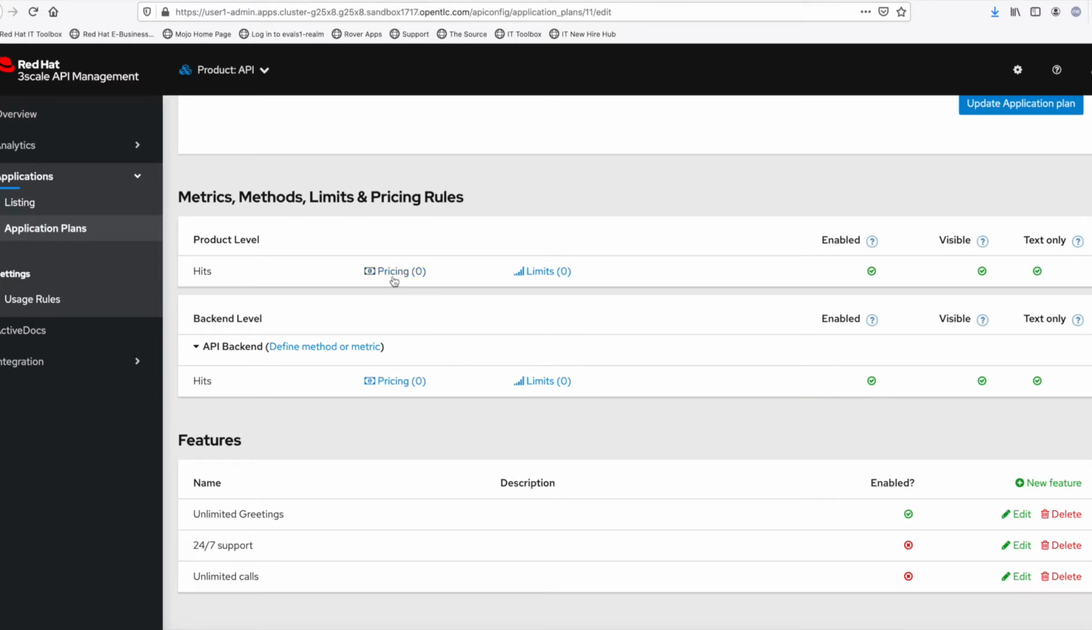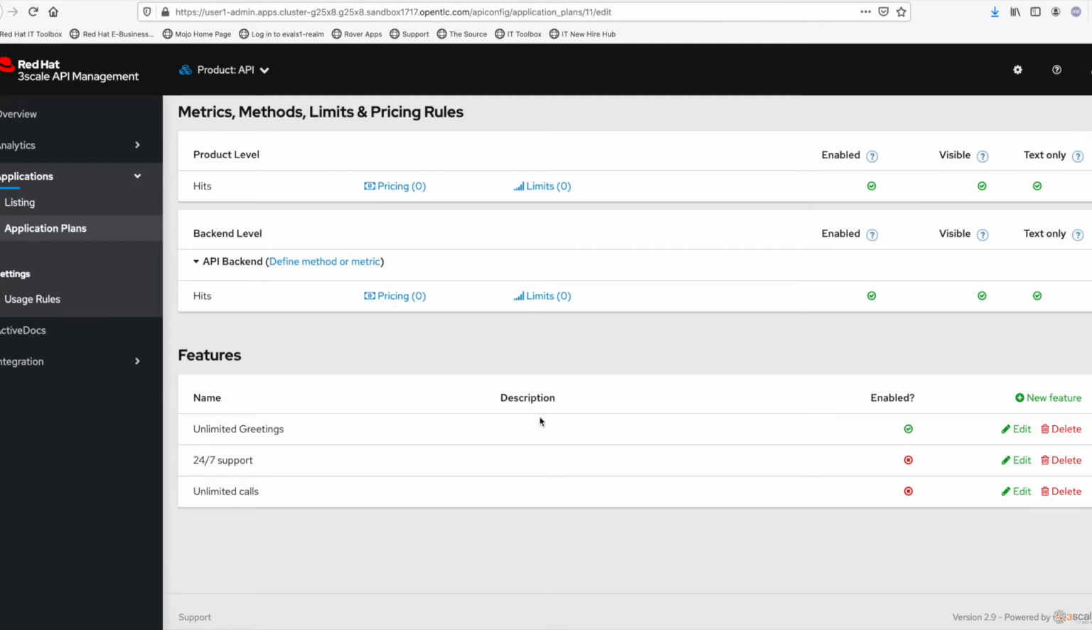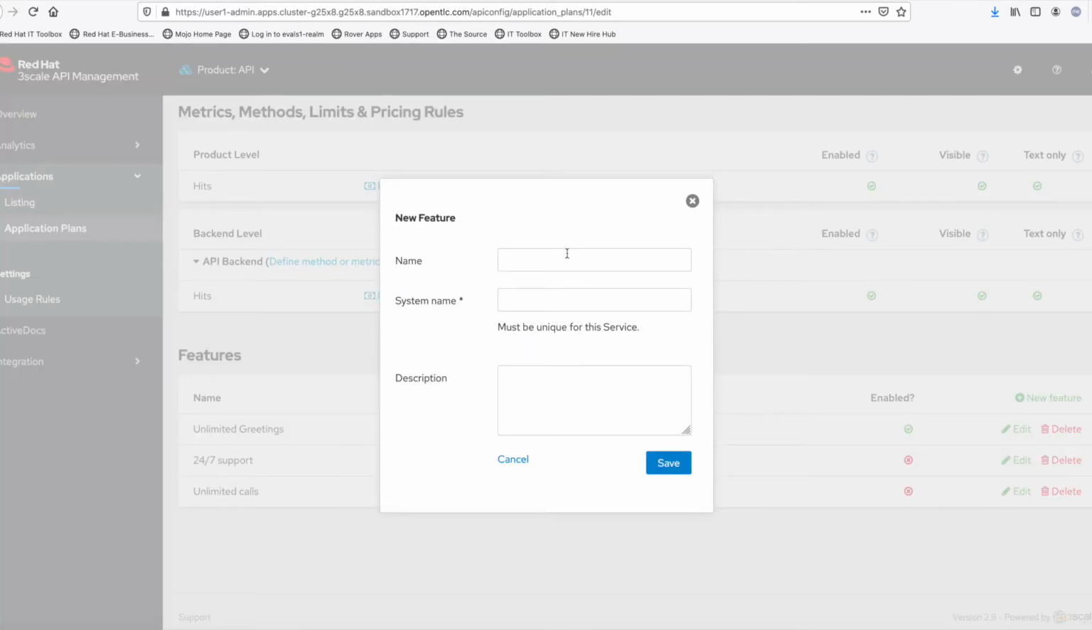Now, you could also set pricing rules and rate limits that you want to use for the methods, metrics, and pricing rules for the application plans. And you also have certain features that you could define as part of your configuration. So here you could see that there are some features which are enabled for a basic plan, which is unlimited greetings, but then there are other features like 24/7 support and unlimited calls which are not available. You could continue and add more features here